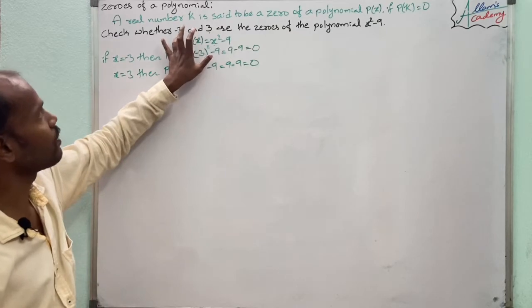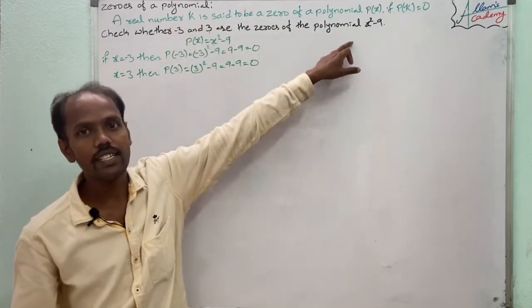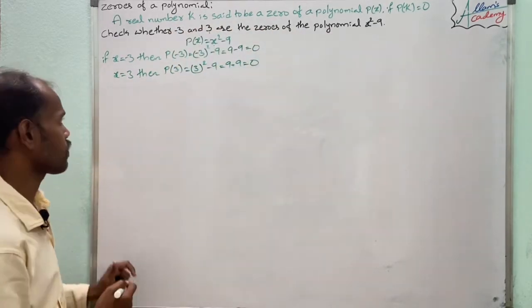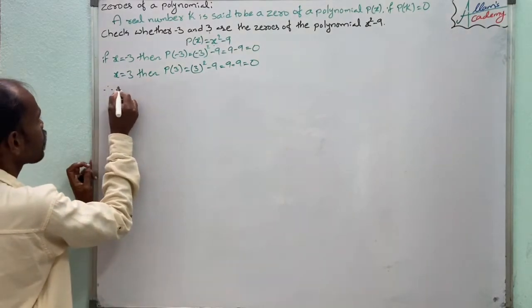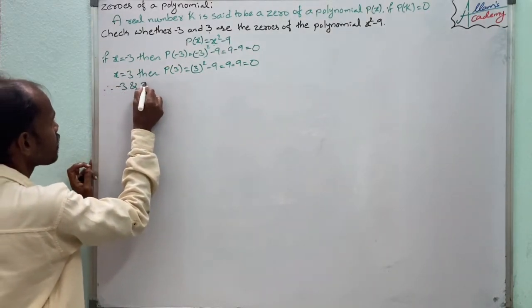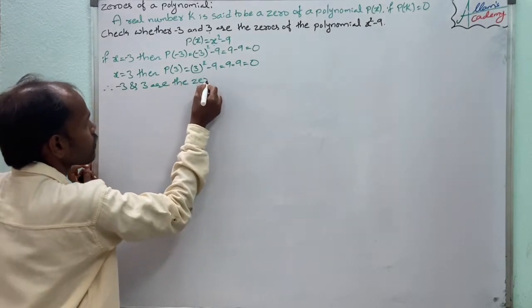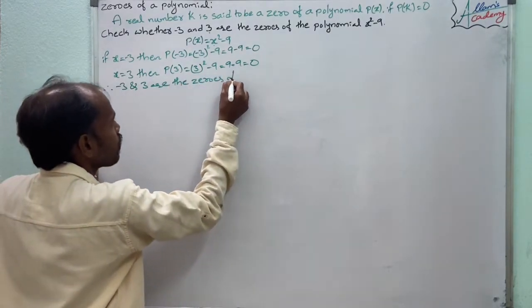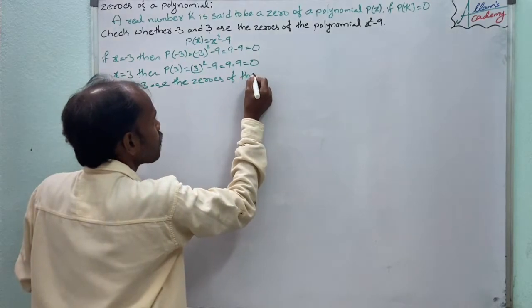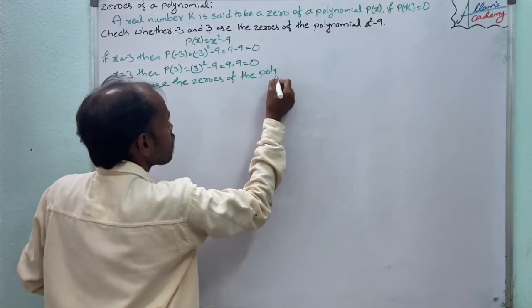That means the given minus 3 and 3 are the zeros of the polynomial. Therefore minus 3 and 3 are the zeros of the polynomial